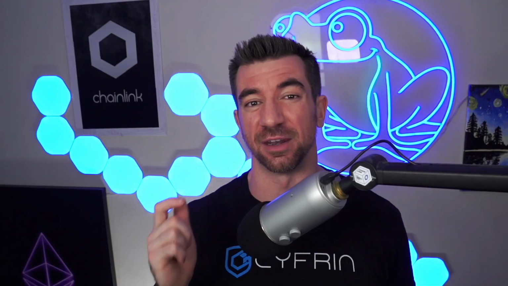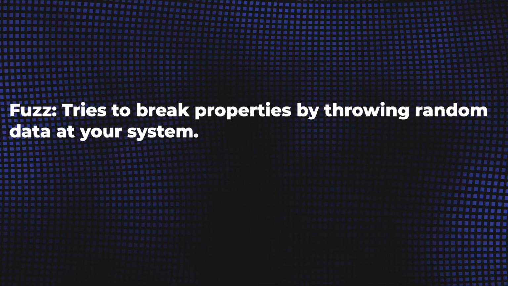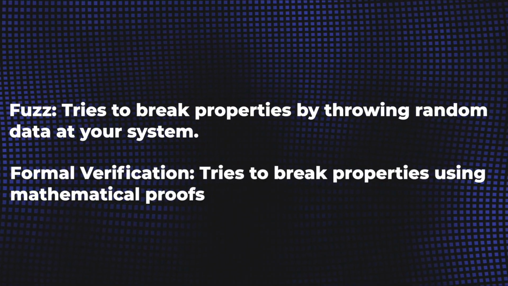There's that word again, property. You're seeing that almost no matter what you're doing in your testing, you need to understand the properties of your system. And right there, Jocelyn gave us some of the keys between fuzz testing and formal verification. Fuzz testing tries to break properties by throwing random data at your system, whereas formal verification tries to break properties using mathematical proofs. And there are many different ways to do formal verification, such as